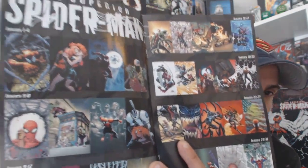So again, you find out the identity of what's going on with the Green Goblin in this issue. You get to see the final battle, and it winds up just ending. And you find out what happens to the Green Goblin, which again I'm not going to spoil completely. But the book just kind of ends,